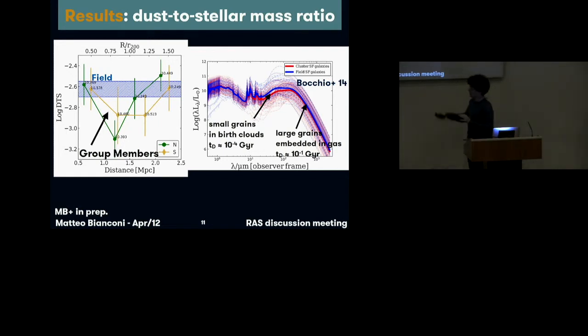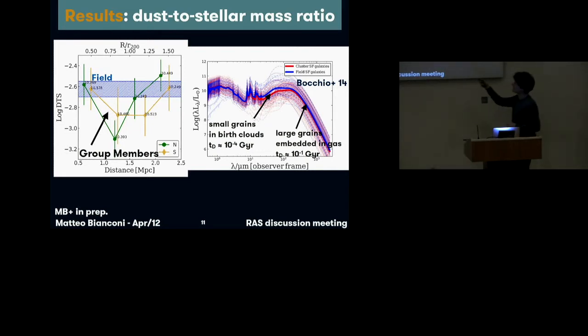the group region, and again here I'm just plotting the star-forming or dusty fraction of objects, there is a dip. So potentially, again, something is happening or happened already, even to dust in group members. Again, we're just studying one case just to test the method. But again, the power of LoCuSS is that we have 30 of these groups, and so stay tuned for more